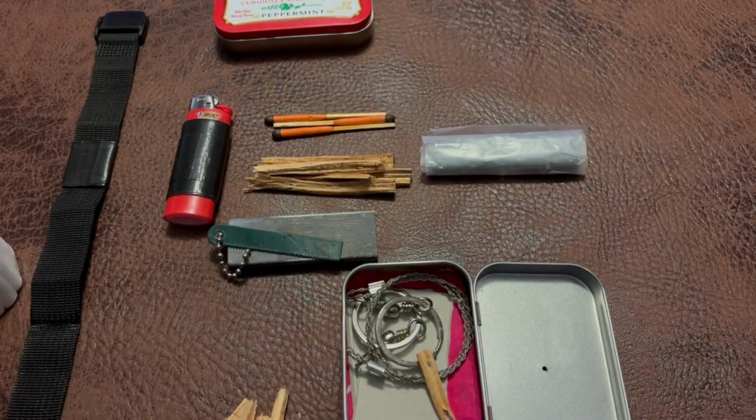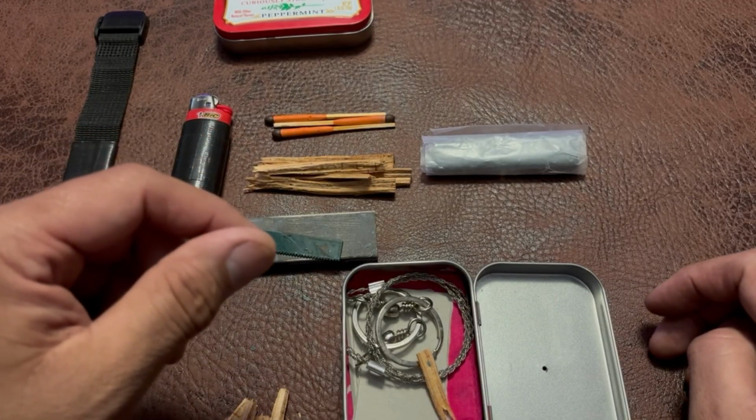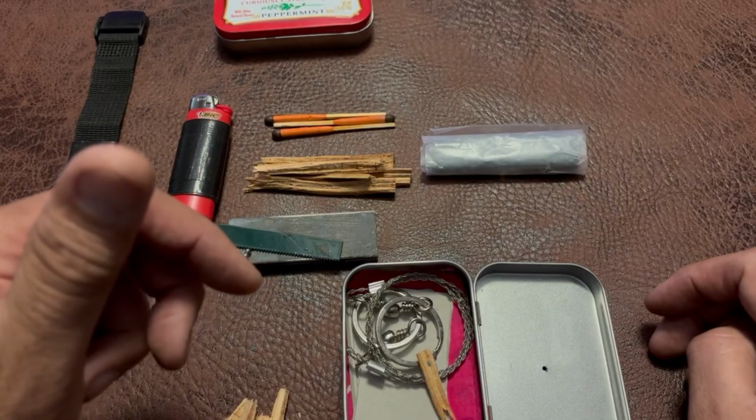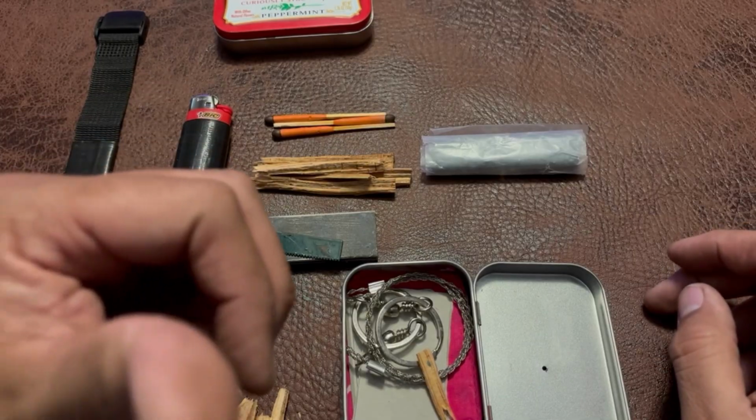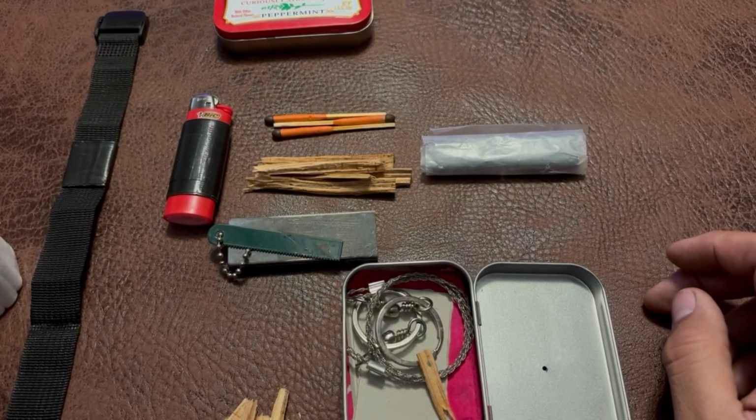Those tabs right there will burn for 7 minutes. Go back, watch even longer, some of them, depending what environment you're in. Go way back to some of my shorts, and I've actually lit some of those in there. So,